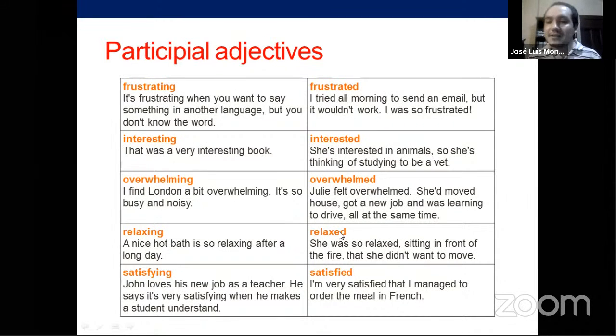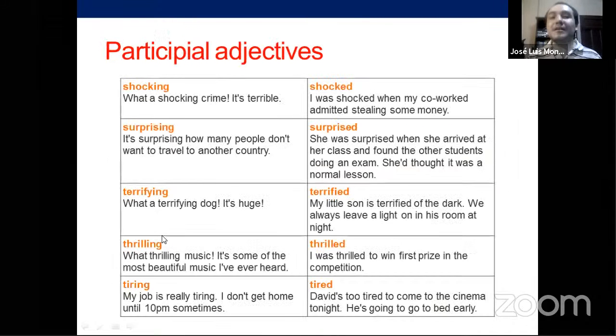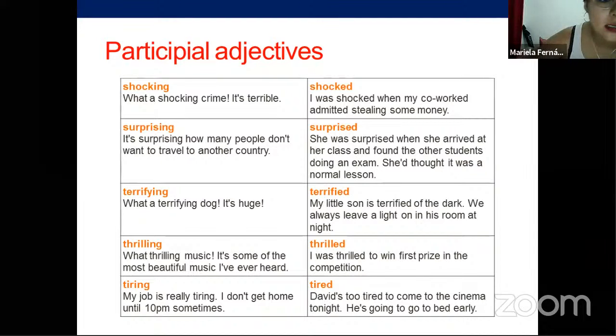Relaxing, relaxed, satisfying, satisfied. Right, and you know this idea. And I think this is the last one. Yes, the last one more time, please, Mariela. Only the words. Okay. Shocking, shocked, surprise,